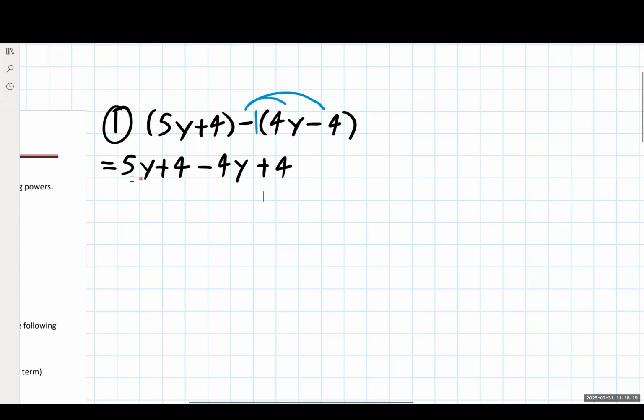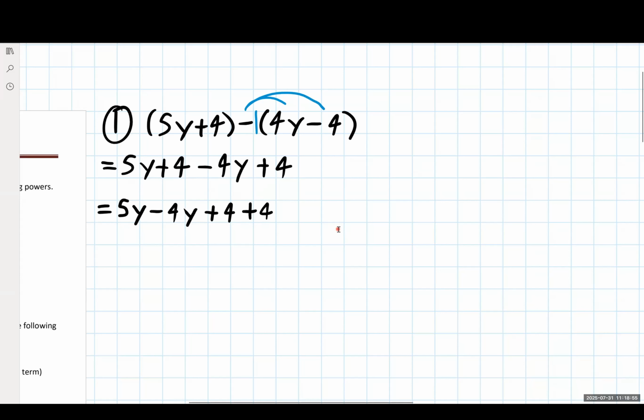So I have something with a y in it, something without a variable, something with a y, and something without a y as well. So what I can do is take a line if I want to, and start putting the like terms next to each other. I'm just reordering these things, keeping the terms and their corresponding signs together, noting that I had a positive 5y, I have -4y, and I'm putting the y's next to one another right here. I'm putting the constants next to each other right over here.